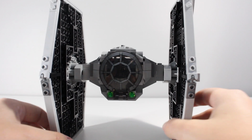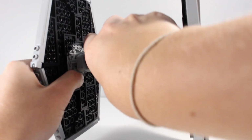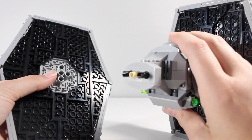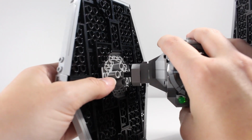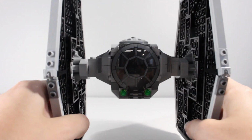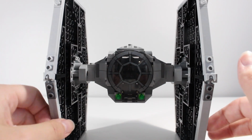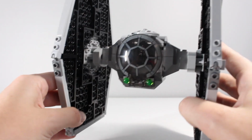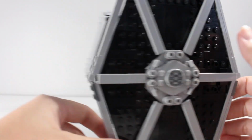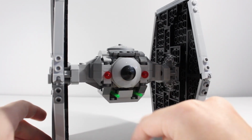The rest of the cockpit is built up so that you can have it sticking out. The wings are connected using this really nice Technic joint here, and then they are attached with 3 pins. And unlike the X-Wing, from what I can tell, these joints are really sturdy. They kind of swivel up and down a bit, purely because it's 3 Technic pins across and there are none up and down, but it's a lot sturdier than I found the X-Wing to be, which I'm really glad about personally. Also at the back you have some slight detailing with a few studs and some round dish pieces,